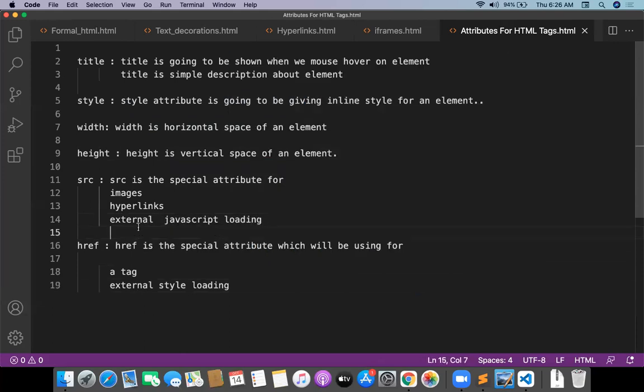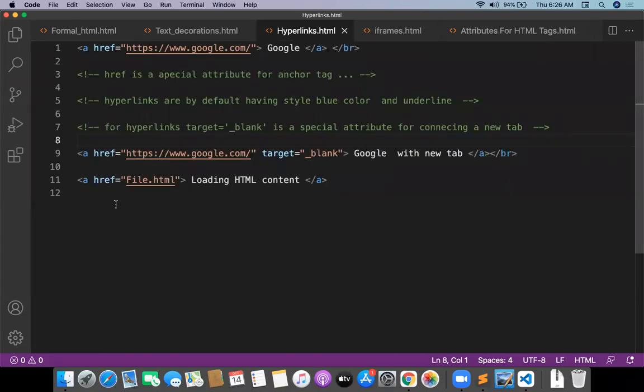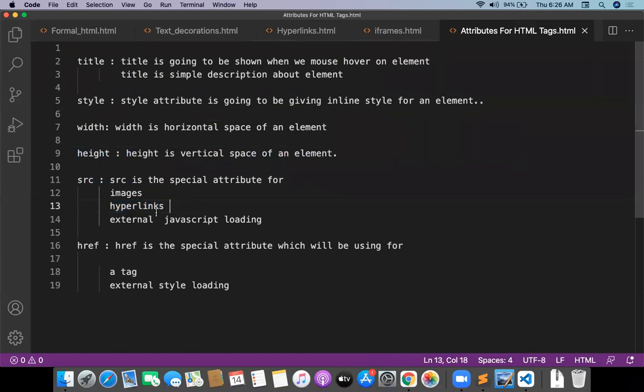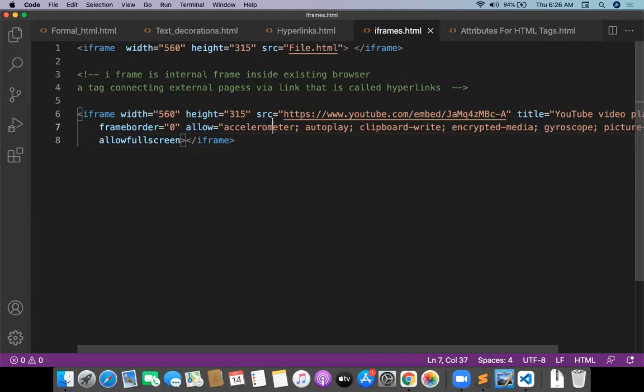SRC we have used till now for images, and we already did hyperlinks, where href is used.